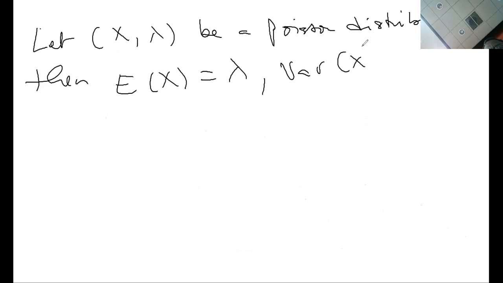And the variance of x is also lambda. We started by saying the average number of occurrences is lambda. So we can use that argument to say that we are good to say that the mean is lambda. Now, probability